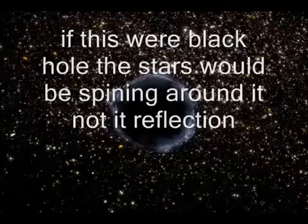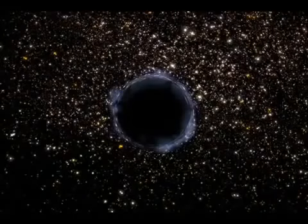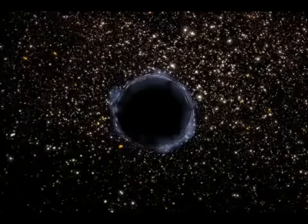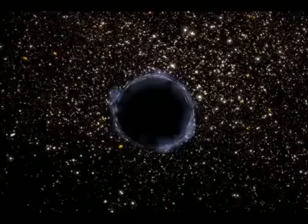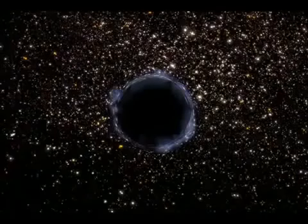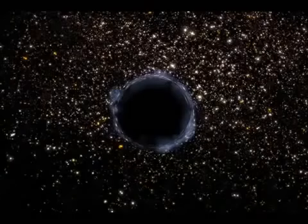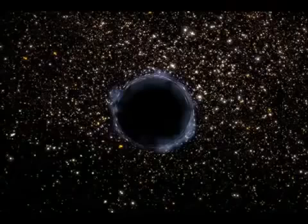And if this was a black hole like NASA says it is on their website, the stars around it themselves would be spinning, and you would see them, because from the Earth-based telescope from Antarctica, these stars around it are spinning. Because when the photo was taken from Antarctica, the stars were spinning around it. Hence, because we are spinning around,